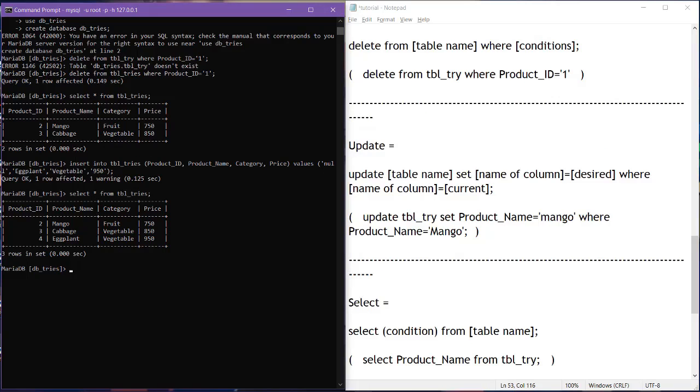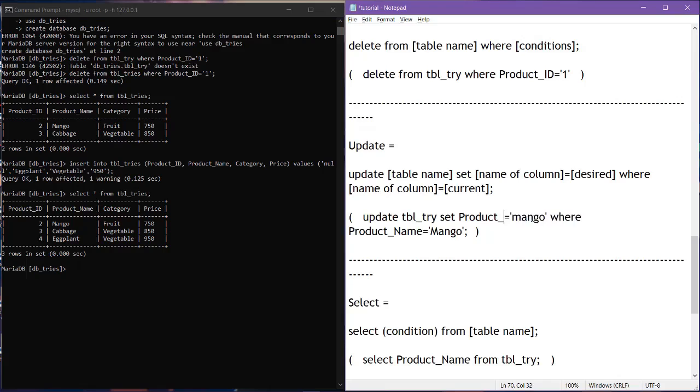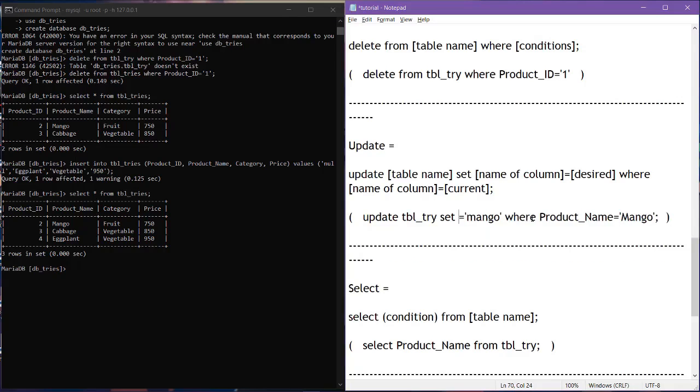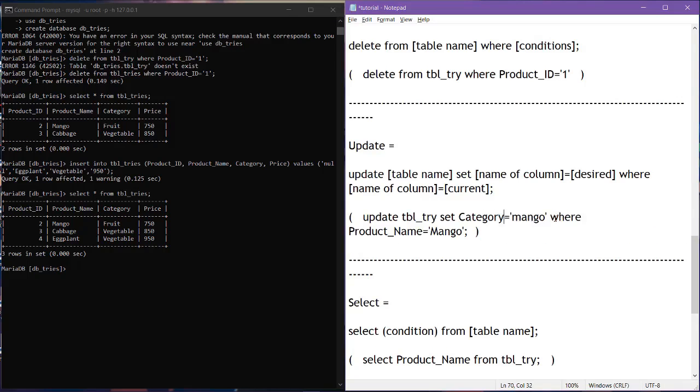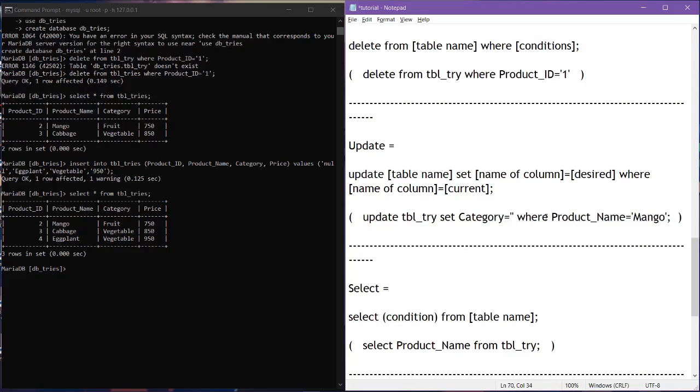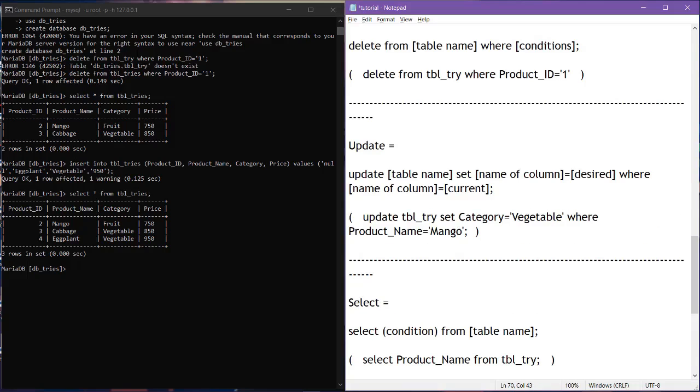So change it here. Category. Then here, fruit. Okay. Now copy this. Enter here.